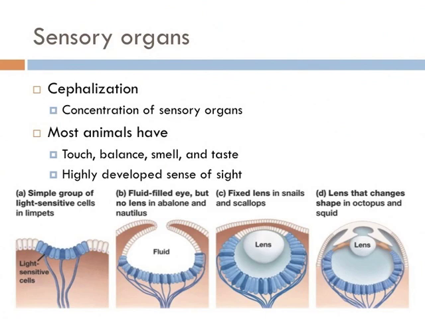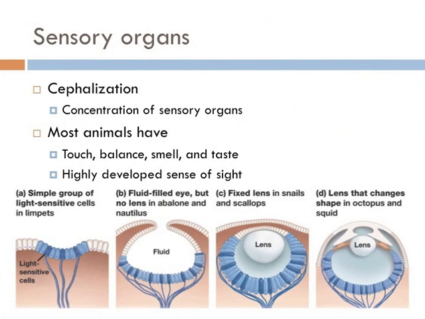One of the biggest advantages of cephalization is the organization of the sensory organs in a single area. In the heads of these animals, many organs have developed to analyze and react to different senses, like touch, smell, and taste. And one of the most important sensory organs for many animals is the eye.